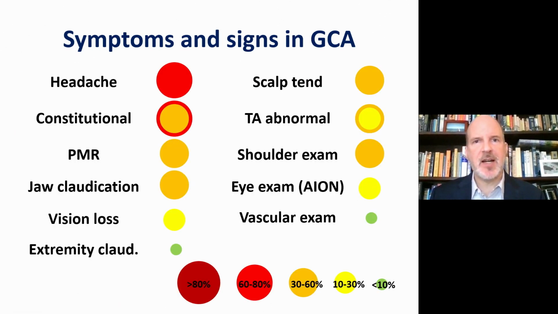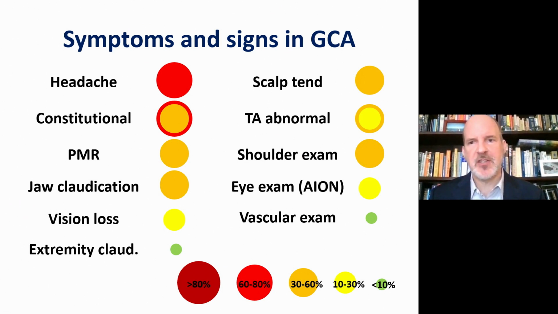I want to spend a little time on the symptoms and signs. Most patients have a headache, but many of them do not. That headache should be unrelenting and not relieved by non-steroidals, for example. A lot of patients have constitutional symptoms, polymyalgia rheumatica, which I'll get to. Jaw claudication is described as one of the most specific points of history, but you have to ask the questions right. Patients often have scalp tenderness, but sometimes they don't. As I said, sometimes you'll see an obviously abnormal temporal artery. Shoulder exam is nonspecific, but patients often can't lift their arms over their head, and we rely on our ophthalmology